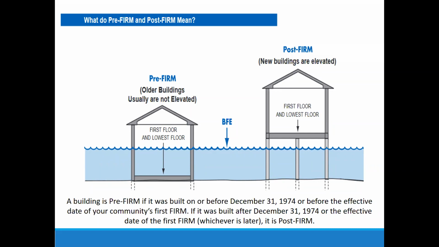Now in Topeka, Topeka got their first flood insurance rate map in 1971, actually. Well, their deadline is still 1974 because their flood map was prior to that law. So their deadline is December 31st, 1974. But I've got other communities that didn't get flood insurance rate maps until like 1986. As a matter of fact, Tara's working with some communities to do mapping projects right now that still don't have their first flood insurance rate map, and she's working hard to give them one. So their flood insurance rate map is going to be dated sometime in 2022 when she gets their new map created. So post-firm houses are built after a flood map exists, pre-firm houses are built before a flood map exists.